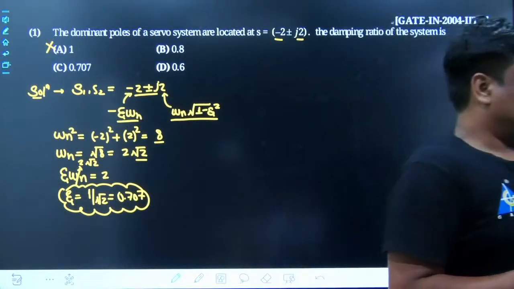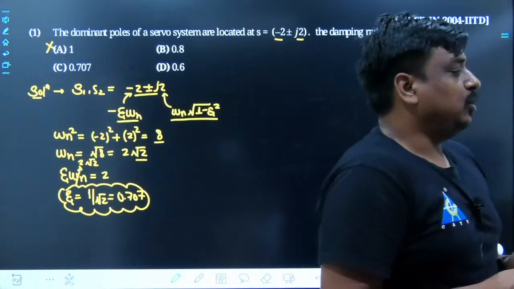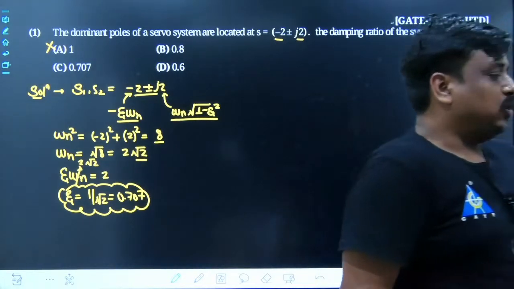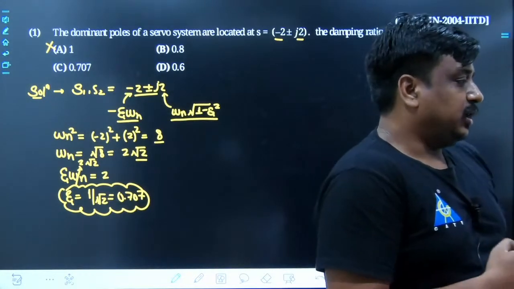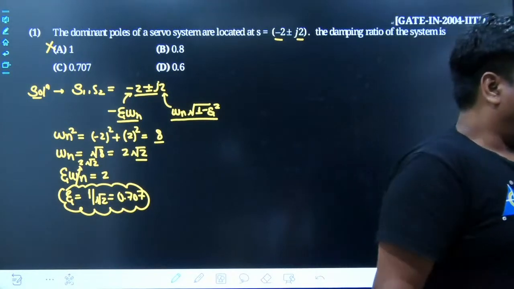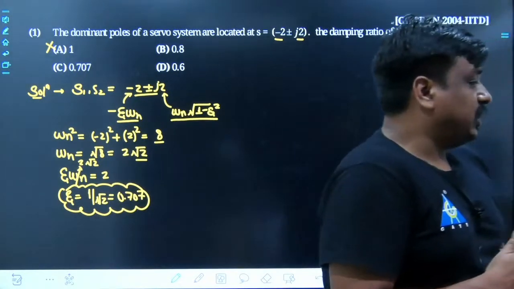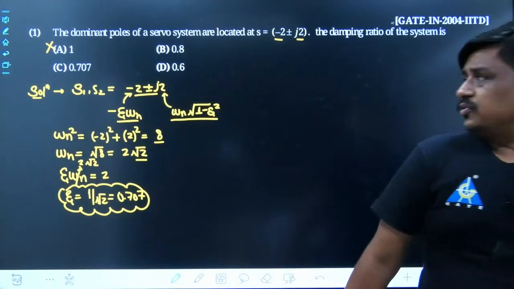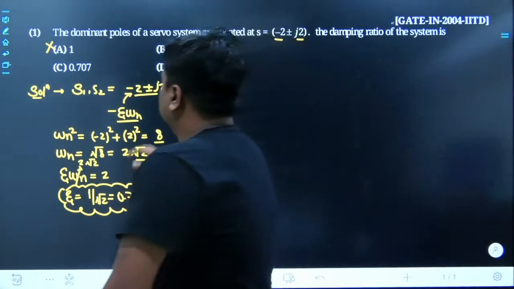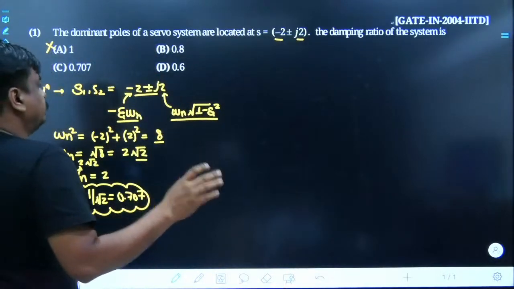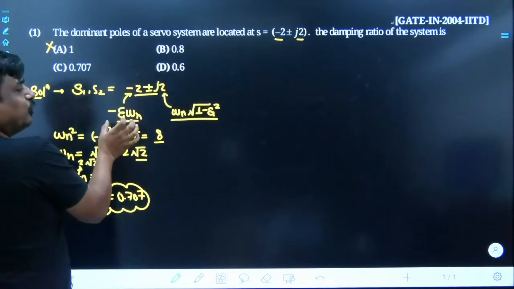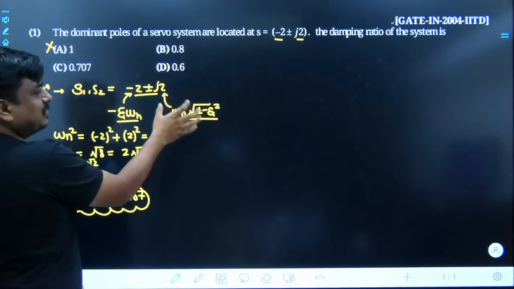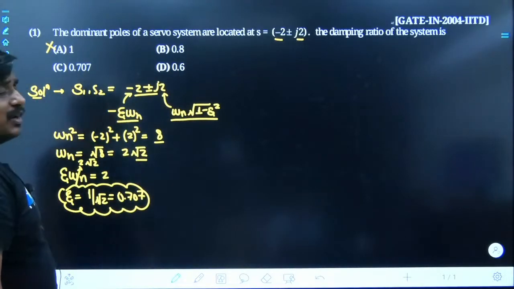So of the 4 different options we have received so far, almost all of them are correct. Jayanta correct, Amit correct, Divya correct, and Pikorab Basu, you should take less time for this sort of problem. It is a problem which can be asked for 1 mark. The concept behind this problem is clear. The real part stands for minus zeta omega n, and the imaginary part stands for omega n root over 1 minus zeta square.